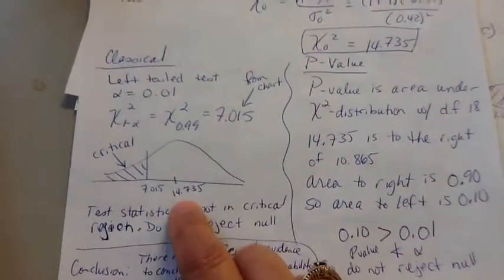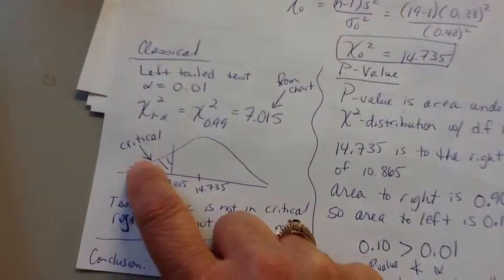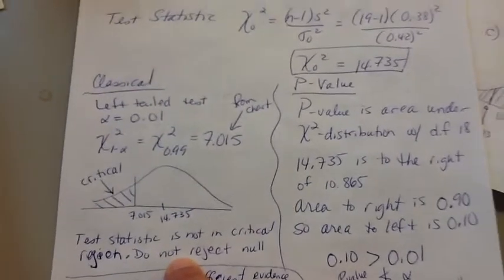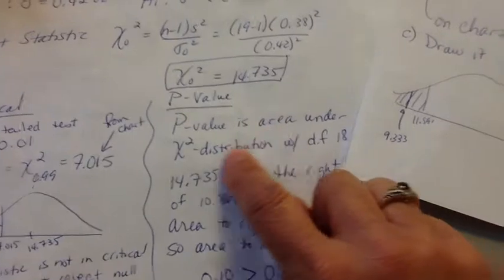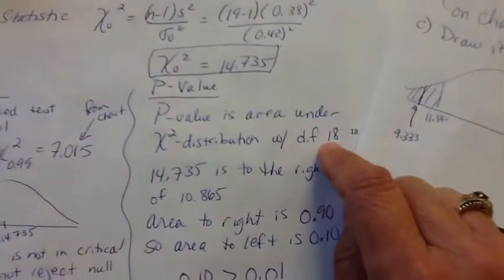Now, here is my test statistic. Here is my critical value. Is that in this region? It is not, so I do not reject the null. I could also look at it from a p-value. The p-value is the area under the chi-square distribution with a degree of freedom of 18. So